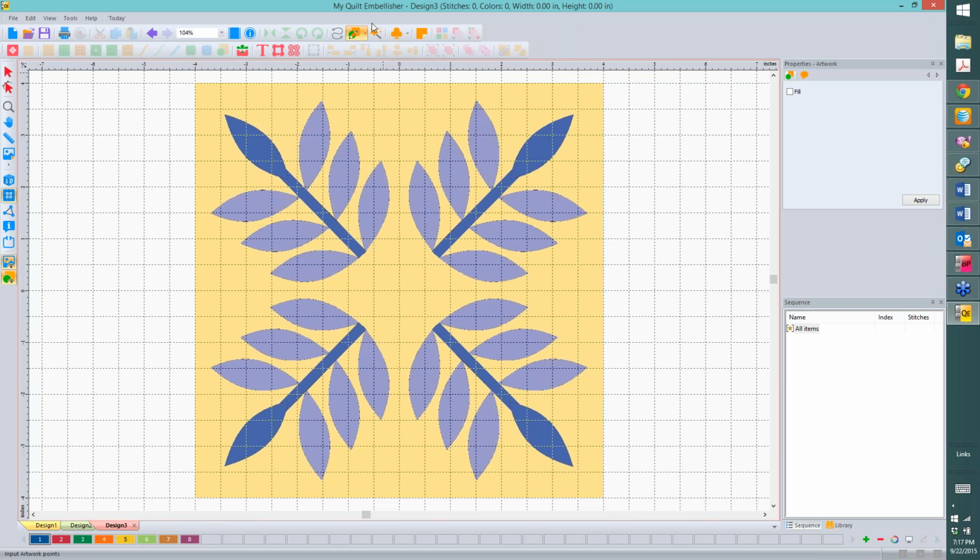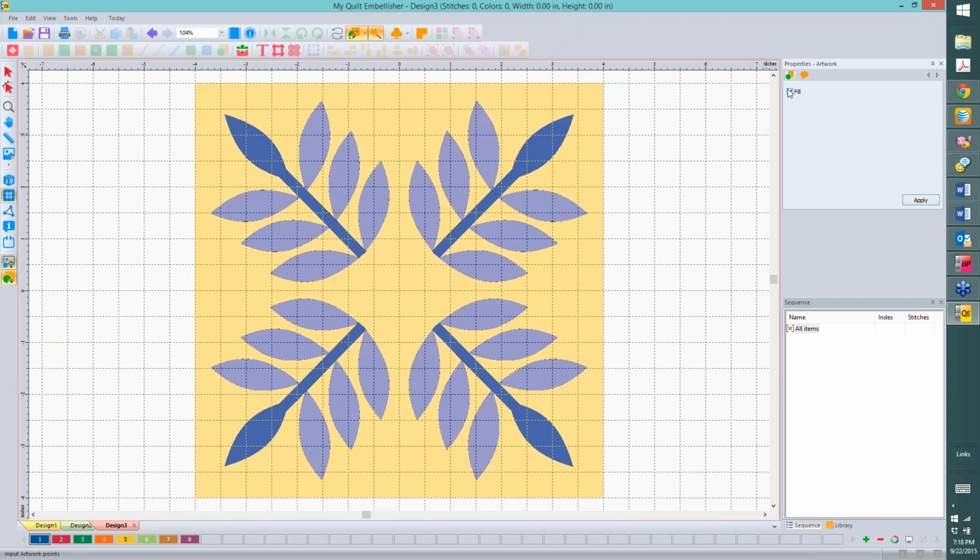So I'm going to come back up here to the top with my artwork tool selected, select my magic wand. Now, in my properties box over here on the upper right-hand corner, you'll see that fill is not checked. It doesn't have to be, but for our purposes, and so you can actually see what I'm doing, I am going to turn the fill on. So instead of doing just an outline around it, it will fill that with color, because the outlines are sometimes